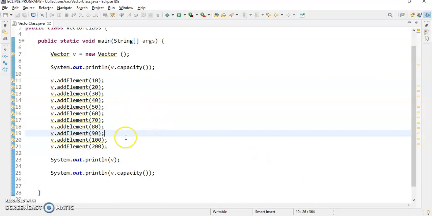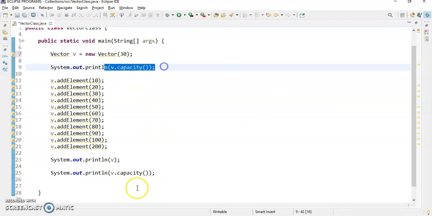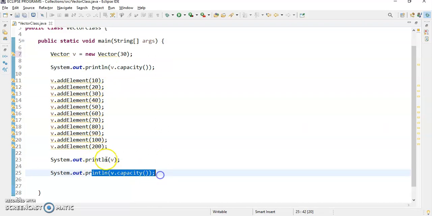I hope you have got it. This is a very simple method. Now, for the second constructor, at the time of declaration we can also give the initial capacity, like 30 I have given. So whether you print here or after the addition of the 11th element, the capacity remains the same until there are 30 elements.